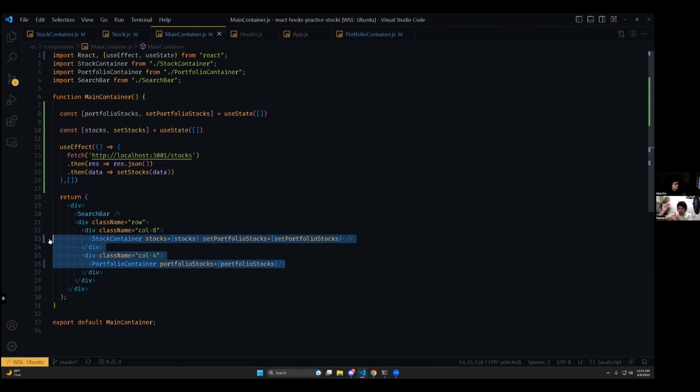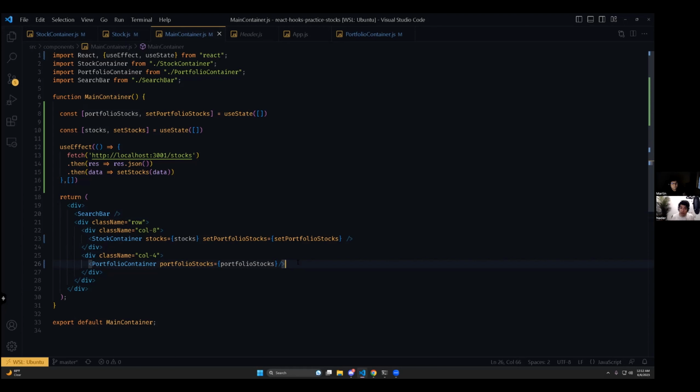So I'd write portfolio, empty array, stocks, empty array. Then I would draw three branches from that node: there's search bar, there's stock container, and then there's portfolio container. And then I would repeat that until I get to the end of the branch, just like we did for header. And once you literally draw out that tree with all the states listed beside each of the nodes,